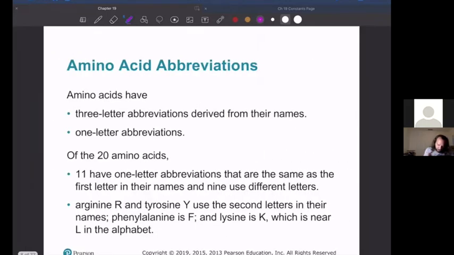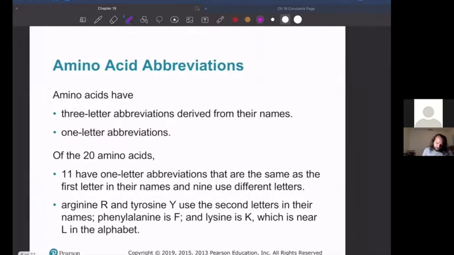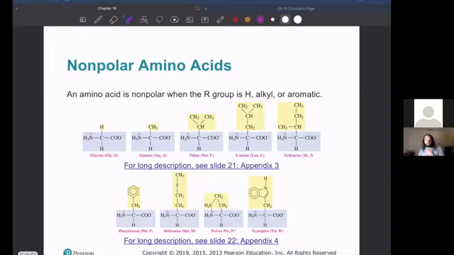All right, and we talked about the abbreviations. All right, so let's look at a few of these. We're just going to go through each one of them. Again, you don't have to have them memorized, but it's a good idea to just kind of lay eyes on them so they don't look too terribly foreign.